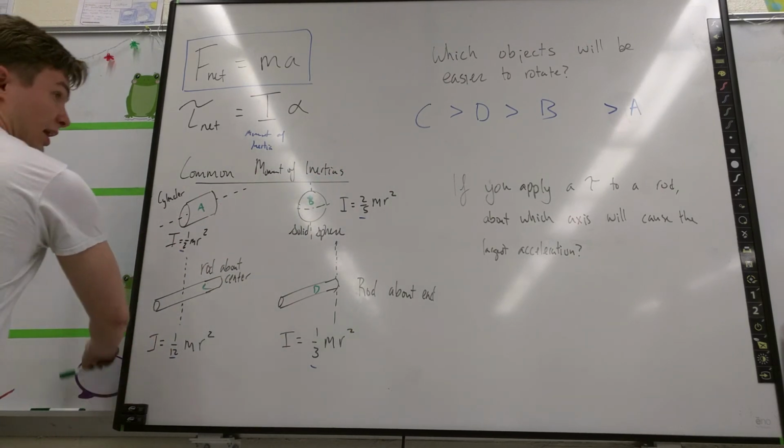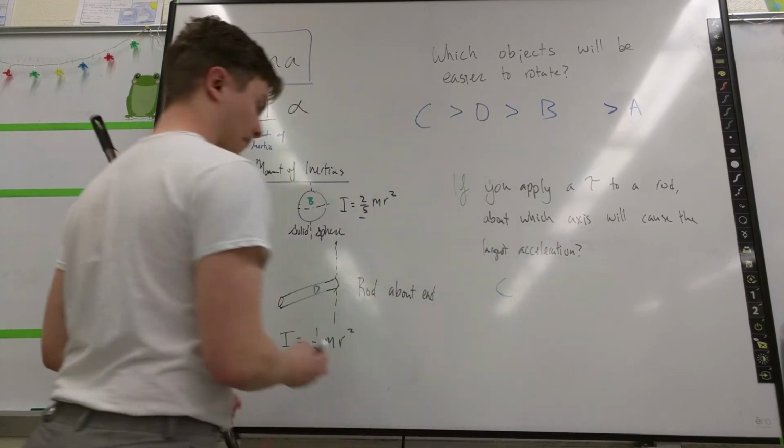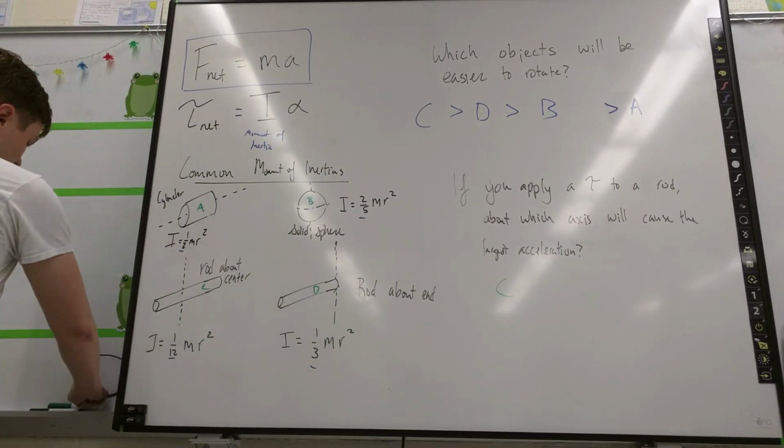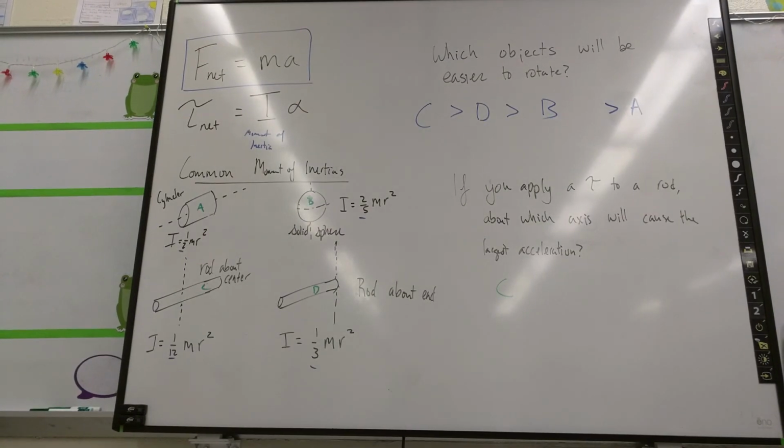So I would say, which will cause the largest acceleration? Well, C. So this is moment of inertia. In this unit, we are going to be looking at applying 2 torques to a pulley, figuring out the angular acceleration, and then ultimately trying to get an approximation for the moment of inertia of that pulley. You should be able to start thinking about how you would do that in order to feel comfortable doing it